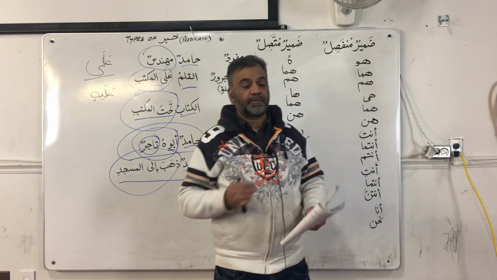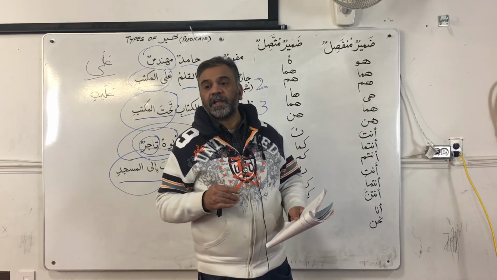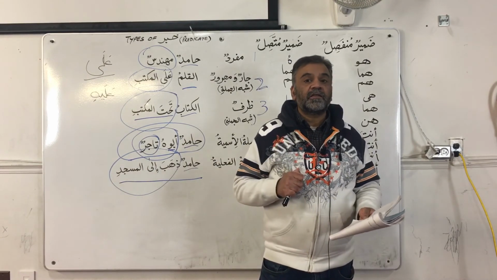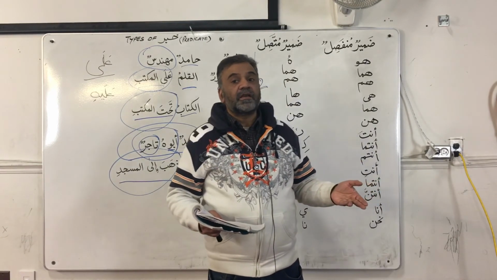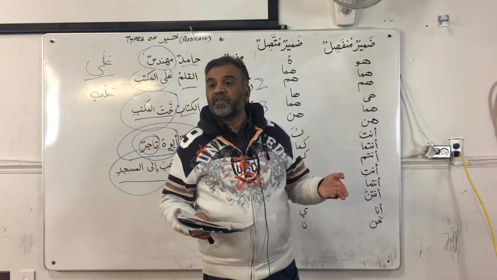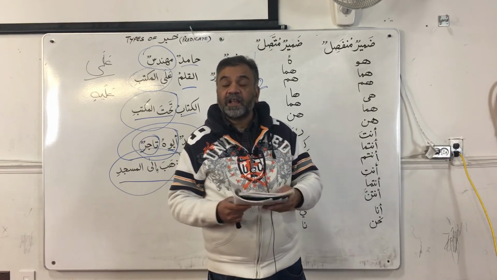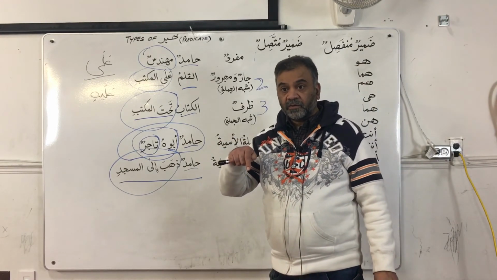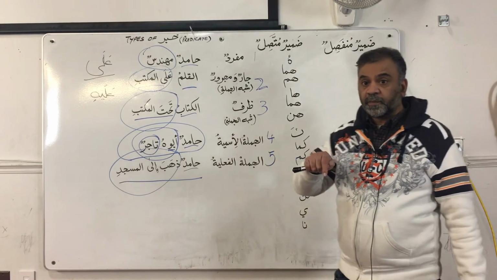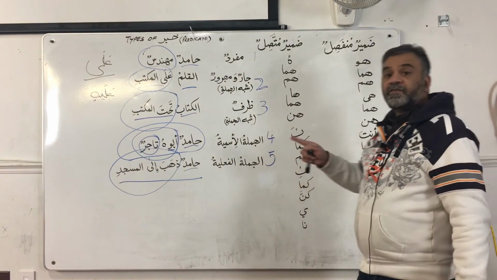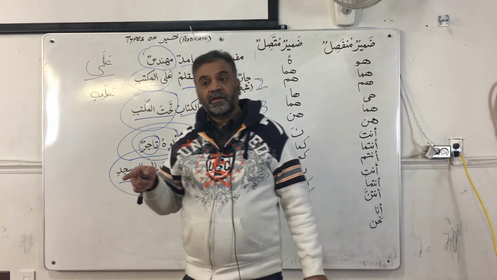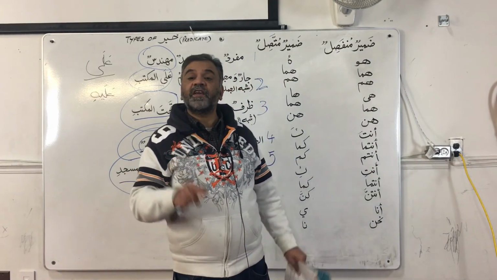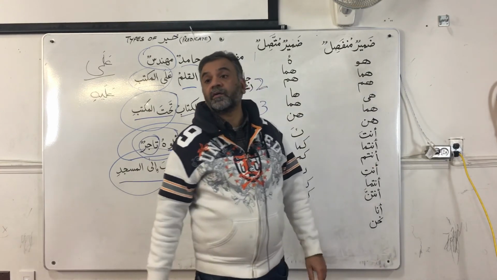This is a jumla failya. What are we looking for in jumlatul failya? Fail and file. The fail is right there, zahaba. Where is the file? I don't see any noun which is marfu in this sentence. So the file is hiding inside the verb, and that is huwa. Zahaba file mustatir. Mustatir means hidden. Taqdiruhu, estimation of it is huwa.